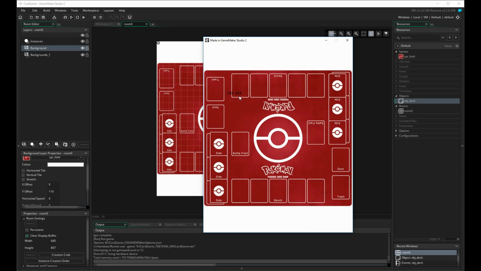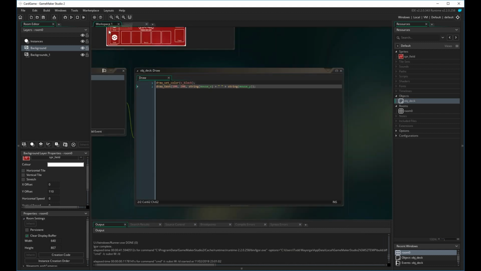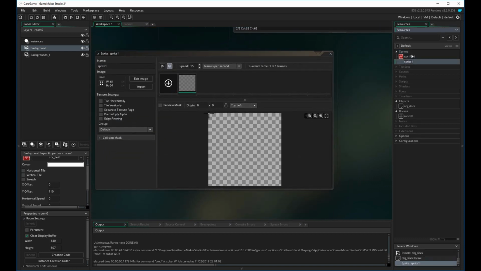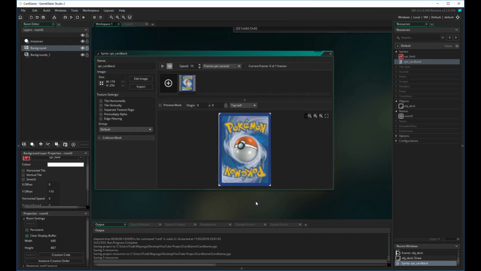So now we have our room created and we know the size of our card. It's going to be a width of 76 pixels and a height of 106 pixels. So now let's import some sprites to represent our cards. So in order to do that, I'm going to go back to my workplace. I'm going to go to the Sprites tab, create a new sprite, and when I represent a card in my game, I use two sprites, the card back and the card front. So I'm going to call this sprite SPR_card back,